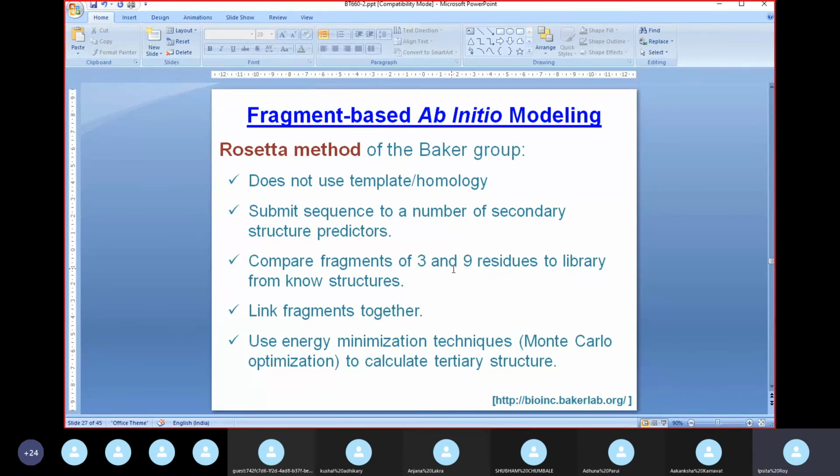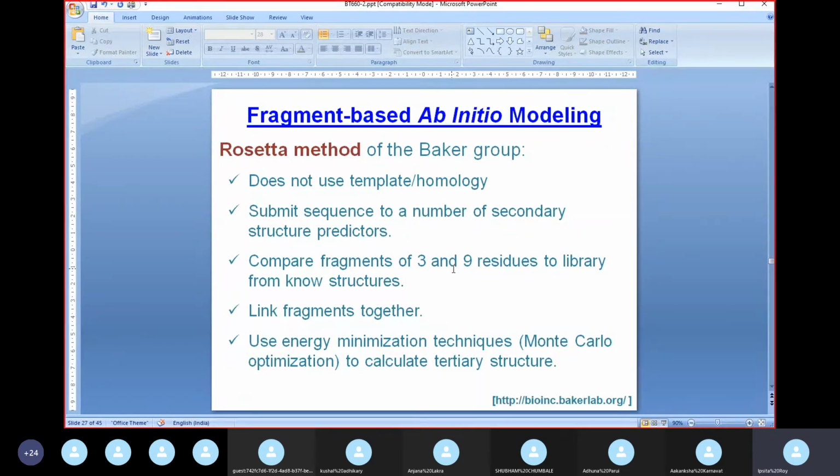So you are not going in biased. You're starting from just the sequence. You do not look for anything which you can use as a model or something which can function as a template. You do not look for homology with any known sequence. You take this sequence, chop it up into smaller pieces, and then find out secondary structures. Secondary structures, if you recall, are local structures.